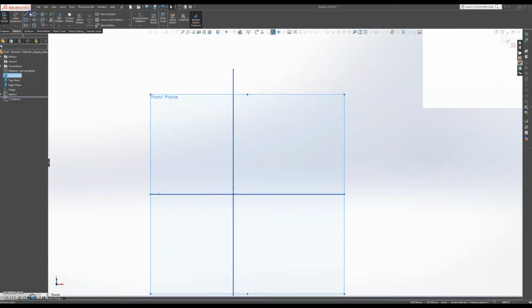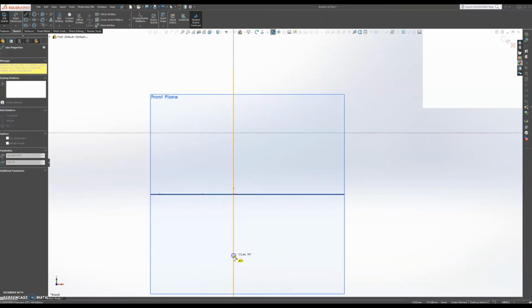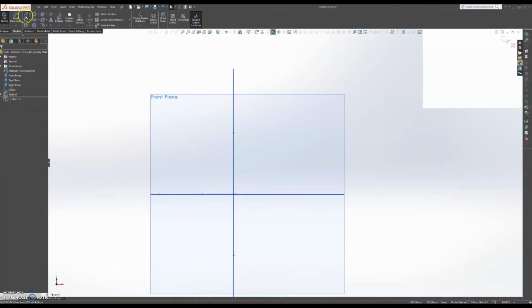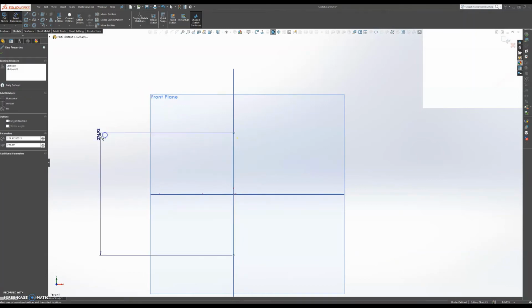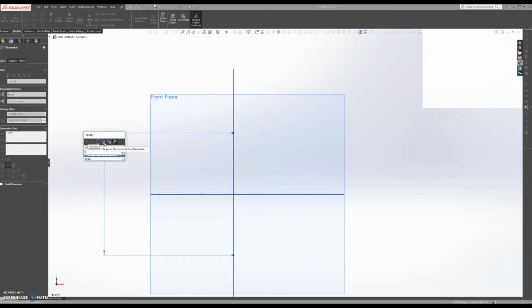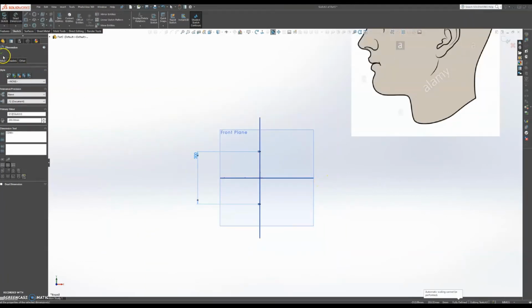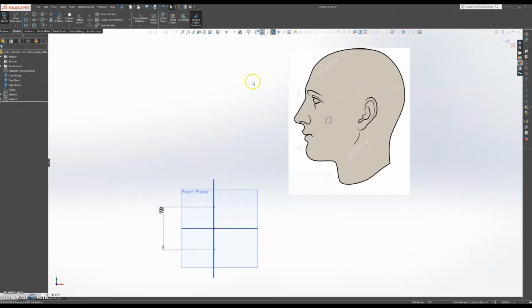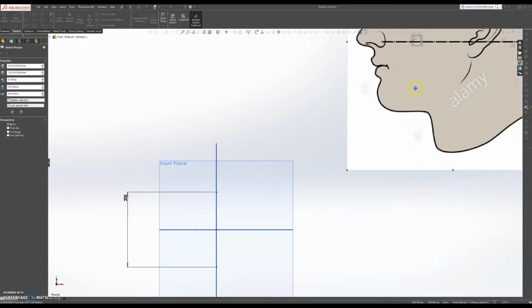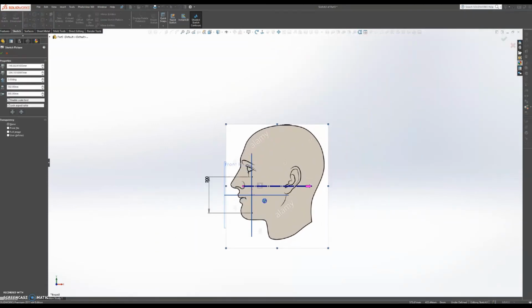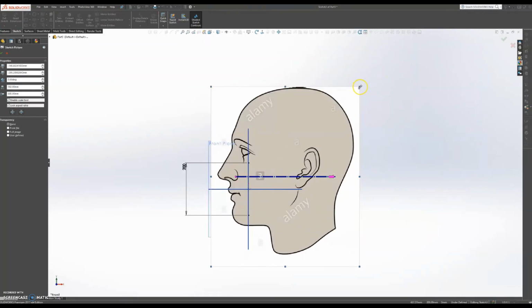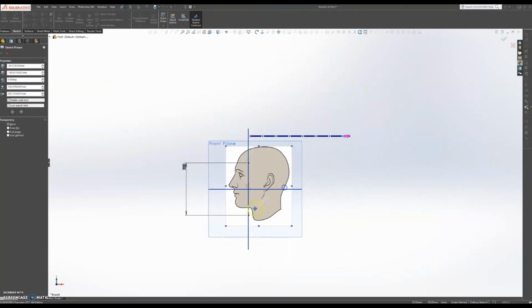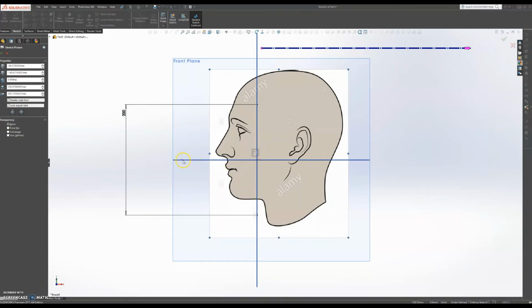Okay, I'm gonna choose a midpoint line. Okay, snap to there. All right, I'm going to add a relation to that, and that will be 200 millimeter. Okay, so that's 200 millimeter. Check that. And now we're going to add our sketch picture onto that plane. All right, so now you just gotta manipulate the picture, get it to the size, and